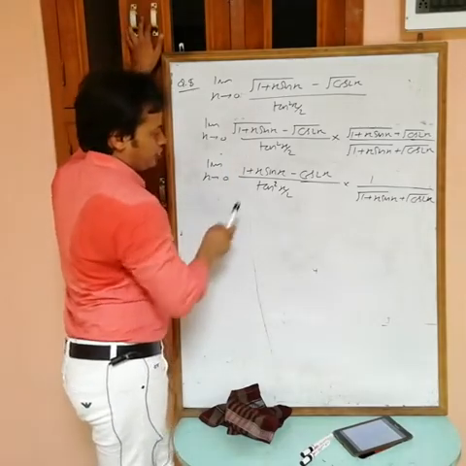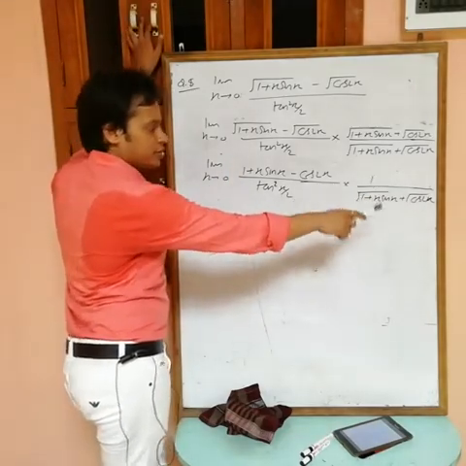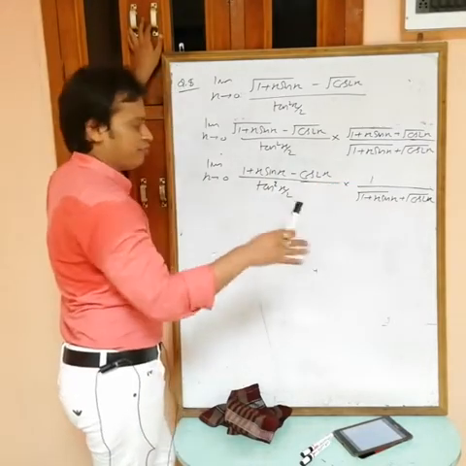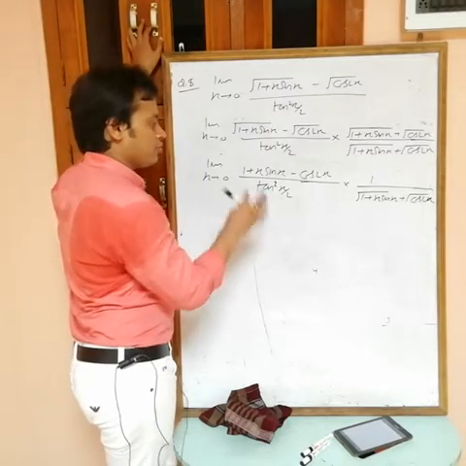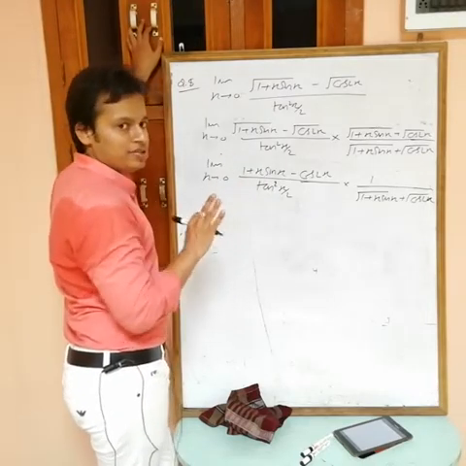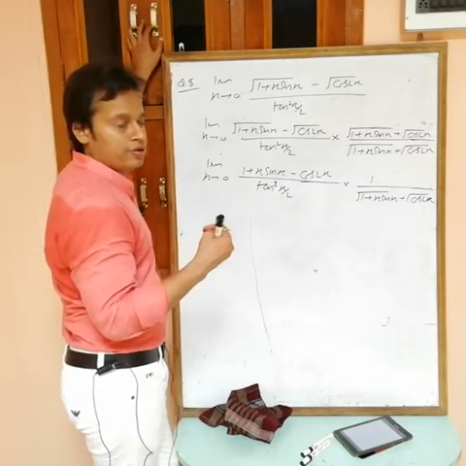And now how can I solve? This is a finite value, so there is no need to simplify this one. This is already simplified. Directly you can put x equals 0, but not at this time. You can put x equals 0 when this becomes finite. Okay? This limit must be finite, then you can use the theorems.